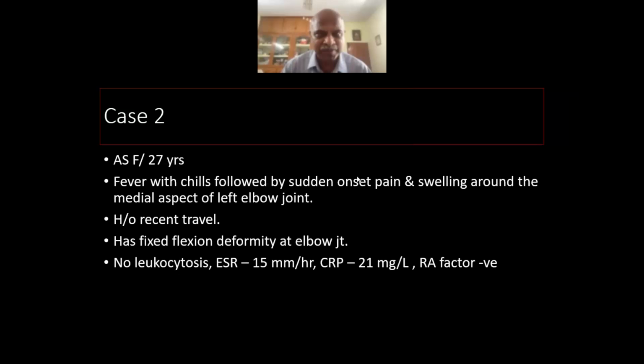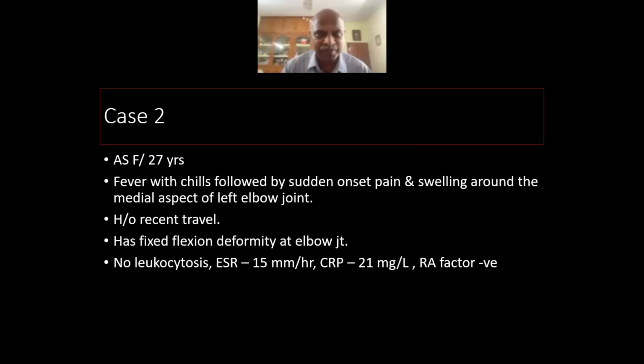Moving on to our second case, and this is an interesting case. This is a young lady who presented with fever, with chills, and sudden onset pain and swelling around the medial aspect of the left elbow joint. On asking the history, she'd had a recent travel to another country where she'd had an extremely fun holiday, done a lot of fun activities. So actually from the history, we thought, are we going to be looking at some exotic organism that is not